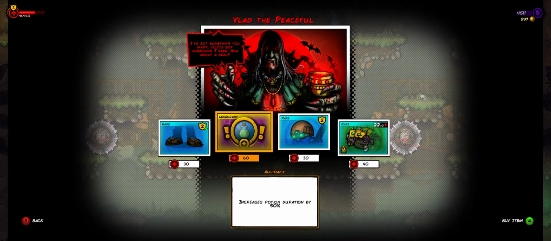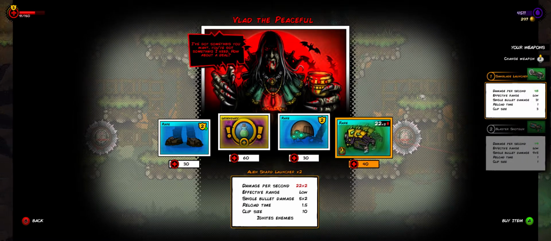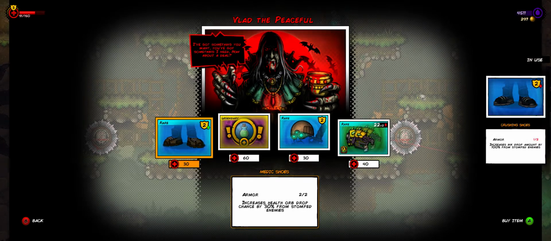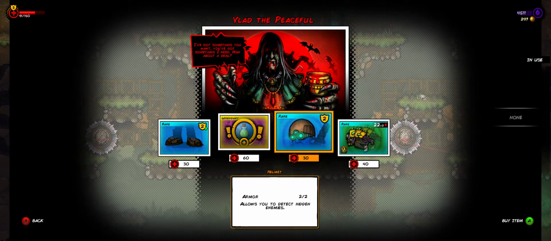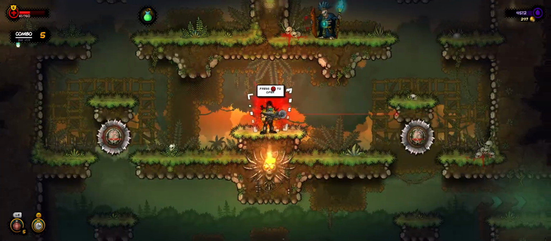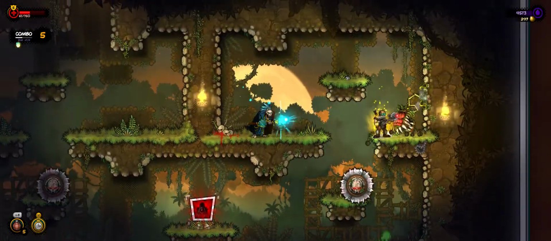Vlad the Peaceful. Help me find hidden enemies. Oh my goodness. Alien shard launcher. Oh no. Apparently I don't have a piece of headgear, so I'll grab this thing that allows me to see hidden enemies. Yes, I know it's costing me 30 health, but...